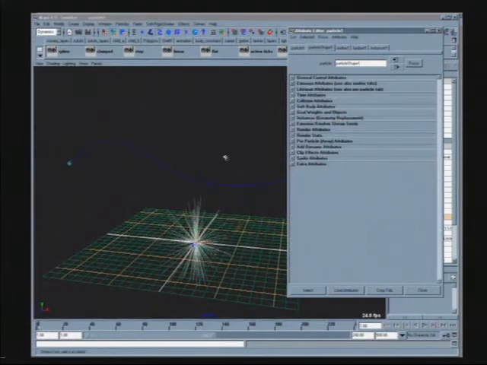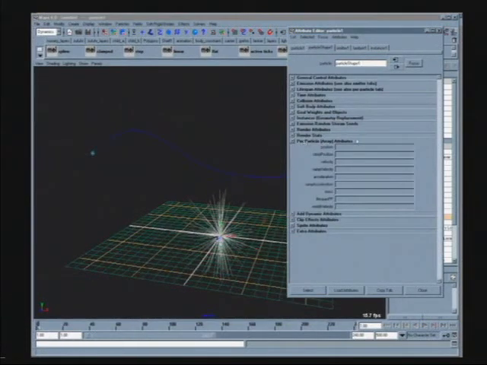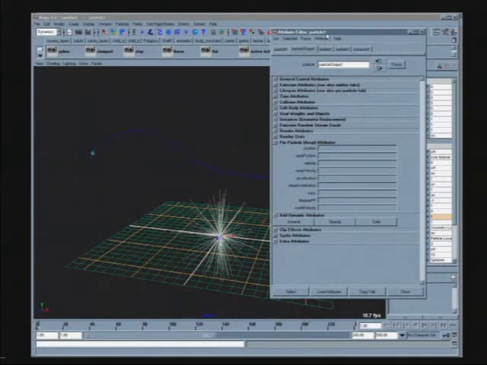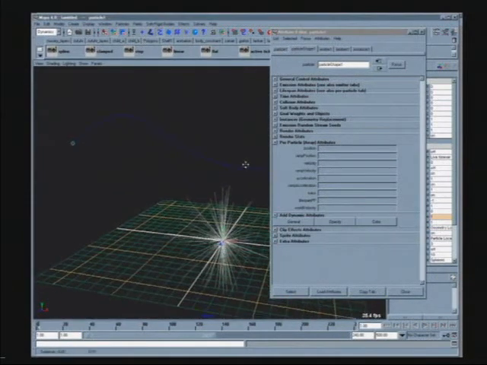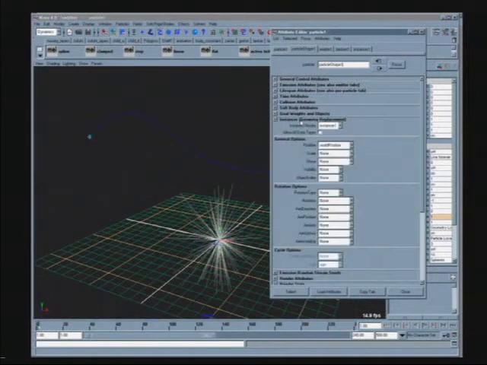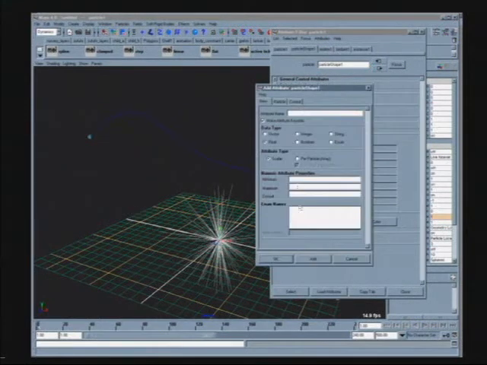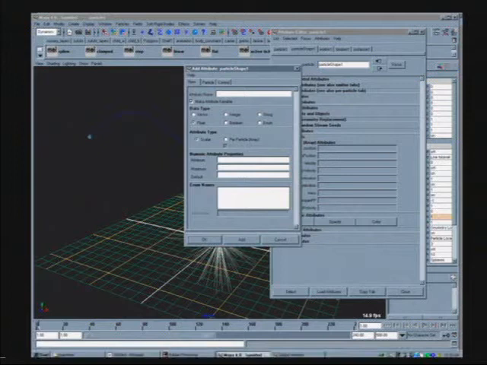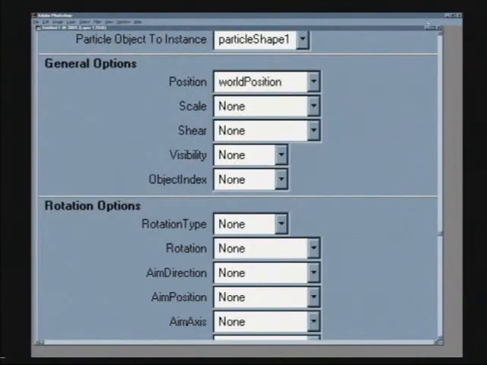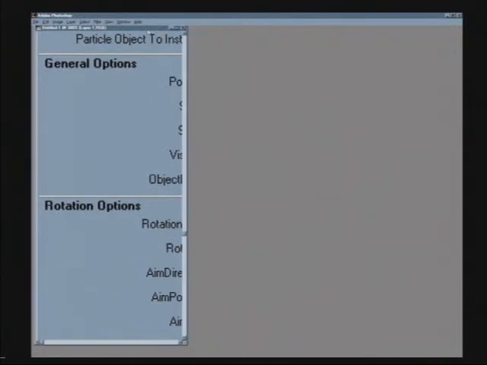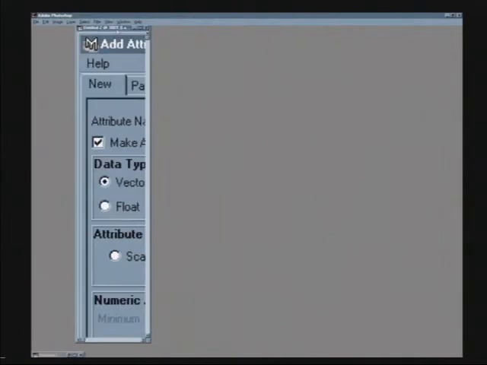What you need to do is you need to go to the per particle array attributes folder and also the add dynamic attributes folder. And you need to add a custom attribute where you can write expressions on that custom attribute, and those expressions can then be plugged into the instancer settings. And so if I go to where it says add dynamic attributes, I'm going to click general and go to the first tab. Now in this first tab, what it's going to look like, and let's take a look at that. And so I'm going to get this open,